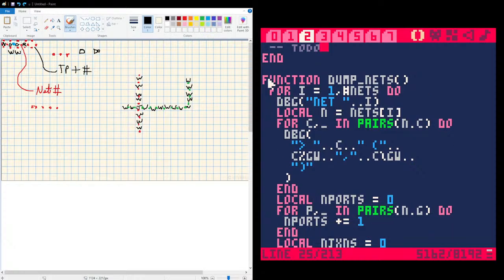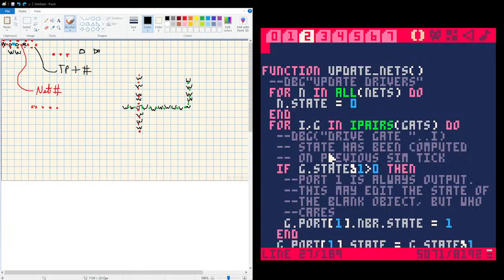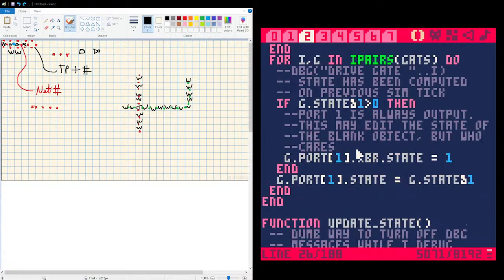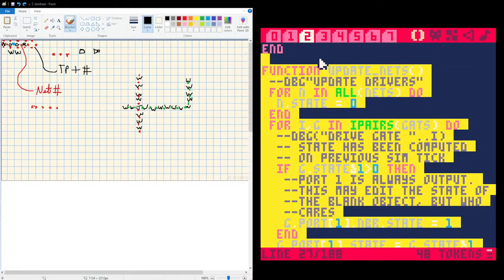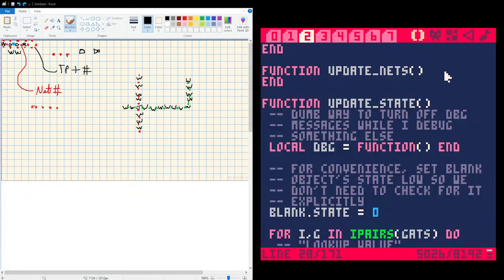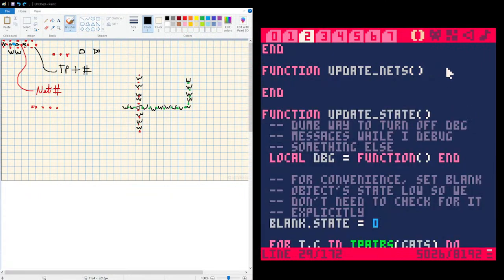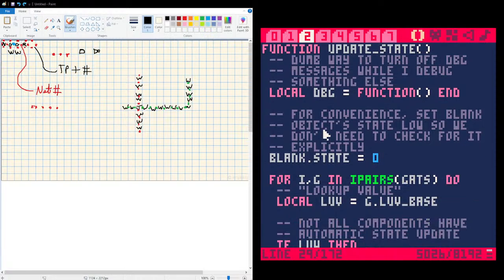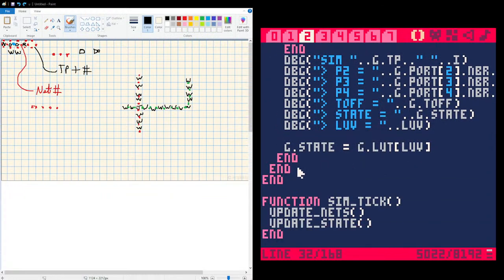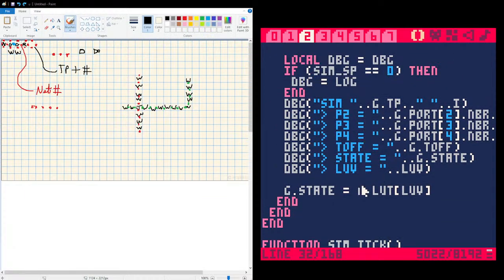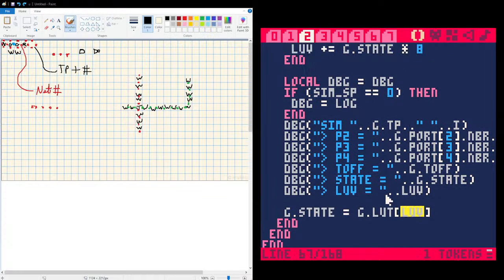Okay, dump nets, this is just gone. We'll deal with that later. Update nets, this is going to change. It's actually not that bad. In fact, I could probably write it right now. But let's just carry on with doing this first sweep through things that need to change. Yeah, all of this is going to change. Well, this lookup value